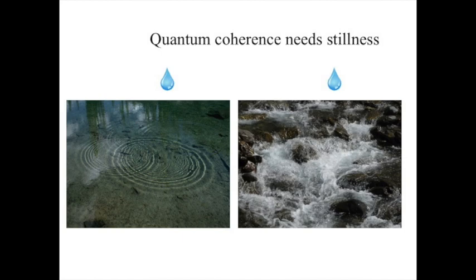A way of illustrating it is that you can detect wave-like properties by dropping 2 pebbles in a still pond, but try demonstrating that water has wave-like properties in a torrent. It's not going to be so easy because the disorder of the water shatters all these waves. And that is what is happening between the atomic world of quantum mechanics and the macroscopic world we see around us. We're going from here to here. And the question is, where exactly? At what level?